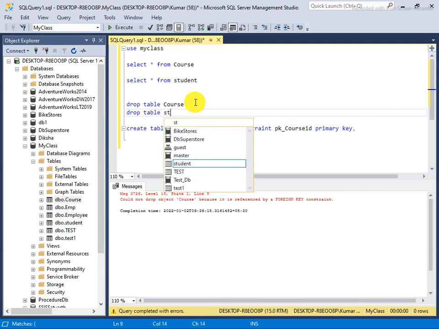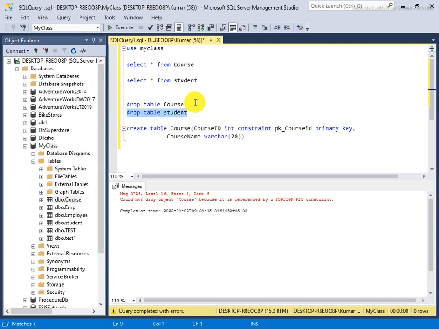Drop table student. Actually, the scene is that last day I had created a foreign key on course using the student table. You can't directly delete the parent table because a relationship has been built there.